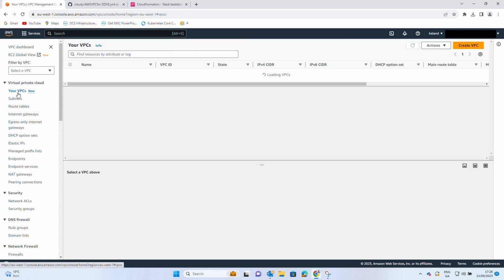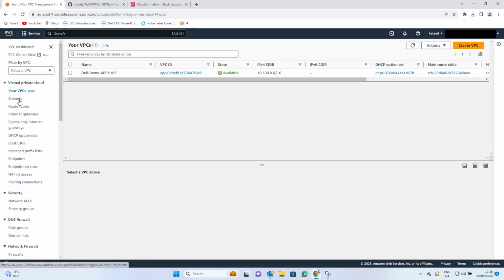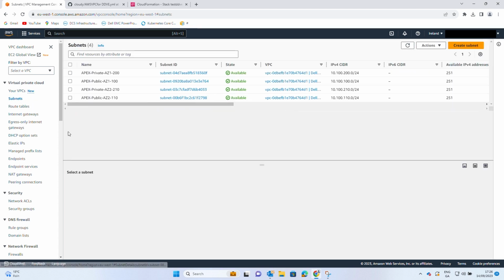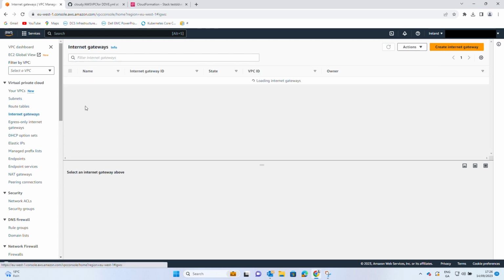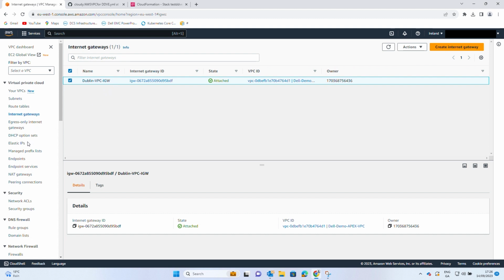All right. So here I go back into our VPCs. Right. So it's actually created. Subnets have been spun up. Our route tables are there. Our route tables are associated with subnets. Internet gateway is there. Our S3 endpoint is there,